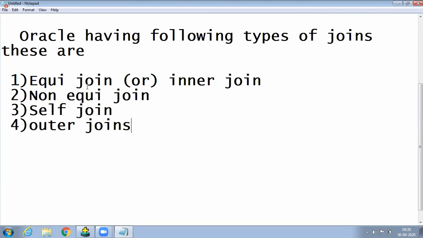First one, equi-join or inner join. Second one, non-equi-join. Third one, self-join. Fourth one, outer join.